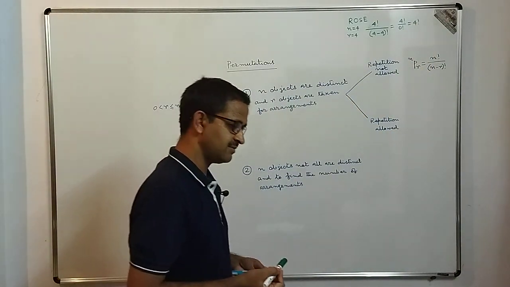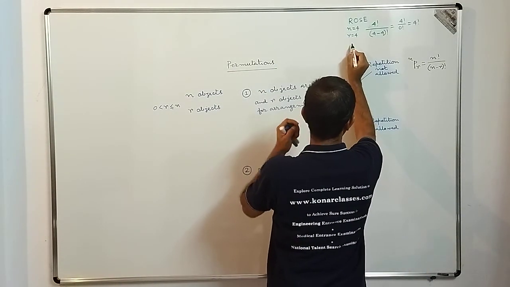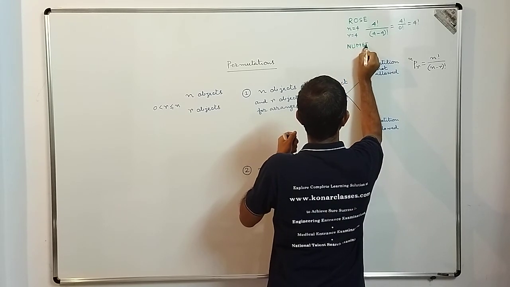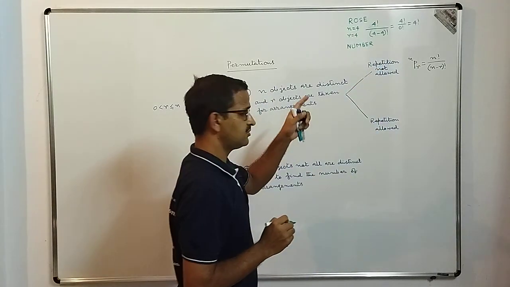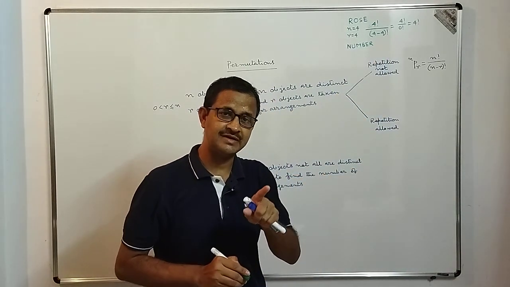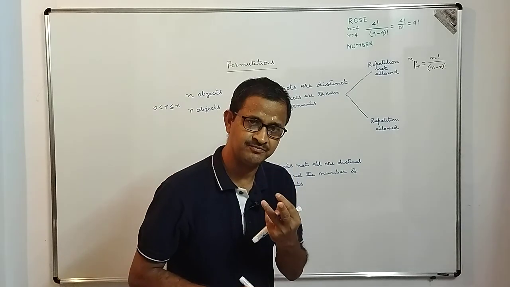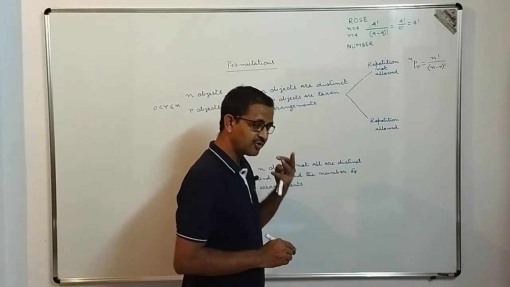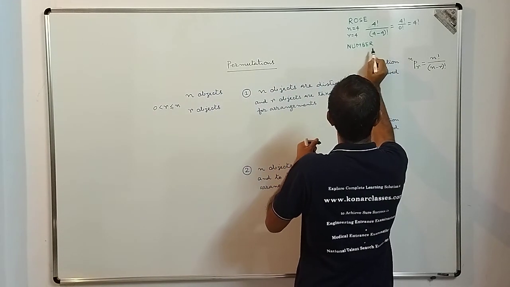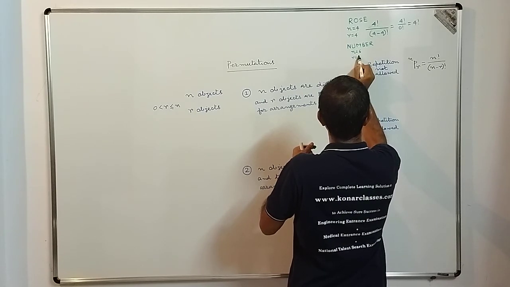Now let us take another example. Let's take the example of a word called number, N-U-M-B-E-R. Now from this word number, how many letters are there? There are 6 letters and all the letters are distinct. Now from these letters, if we need to take 3 at a time and make the possible number of arrangements, so what can we do? In this case, we get n equal to 6 and r equal to 3.